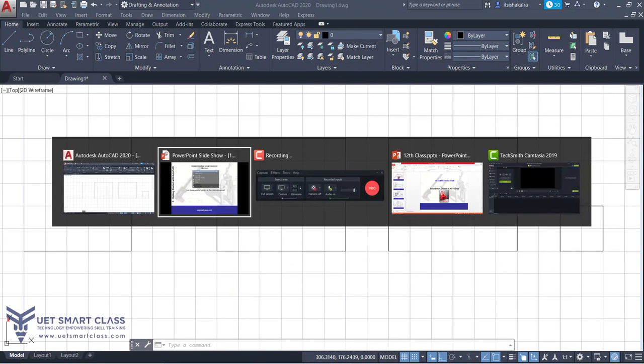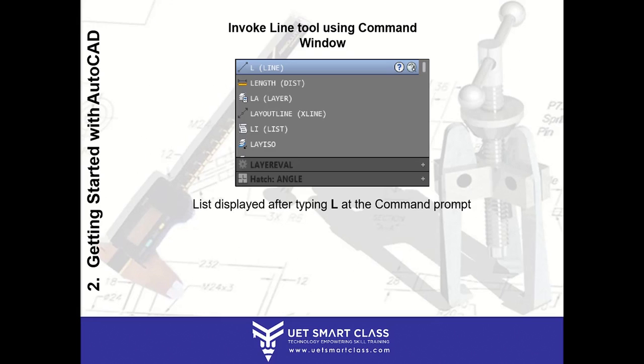Alright, that's all for today, students. Please go back and practice this. You need not take a dimension. You need not set your workspace in terms of units, in terms of limits, or anything. You need not touch any other command. Just type L, enter. Then it will ask you to specify a point. You click on your screen, take a specified point on your screen, and then use ortho mode to take horizontal and vertical lines and practice it.